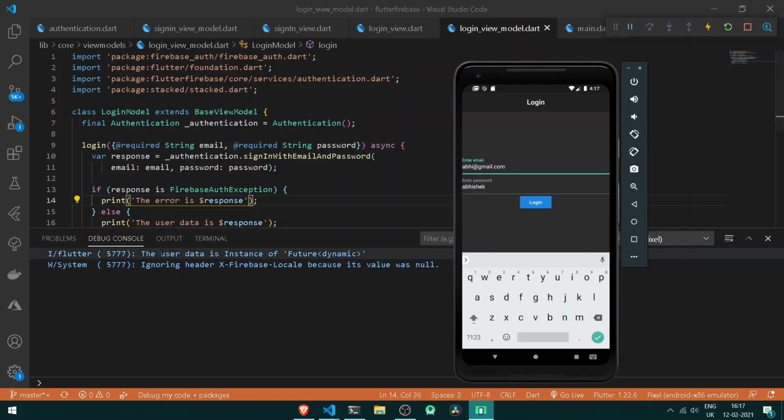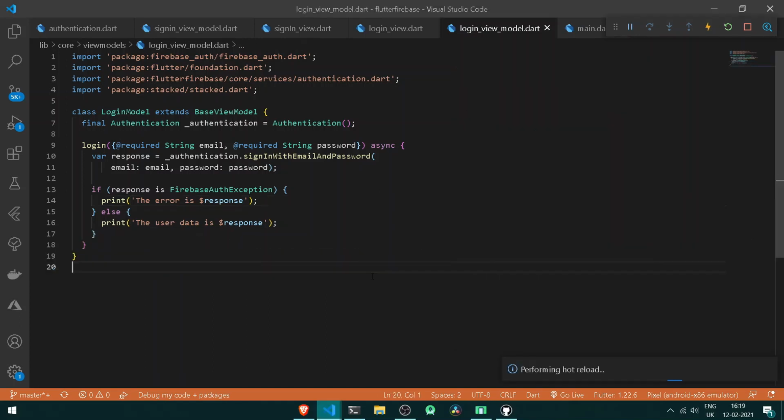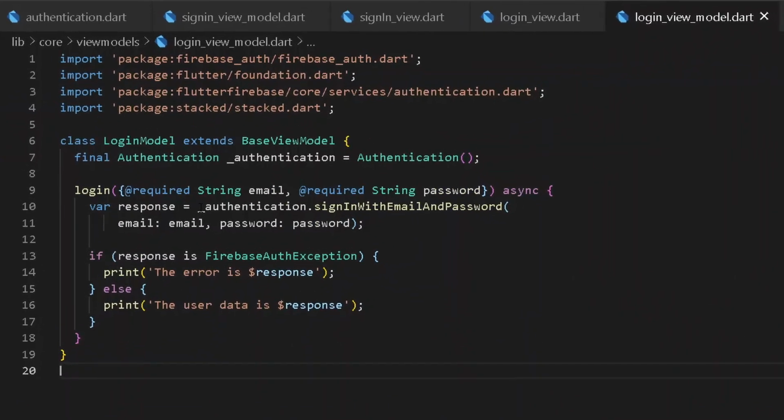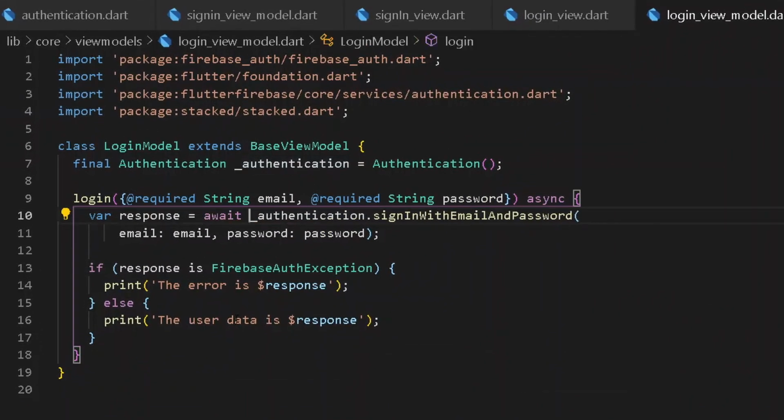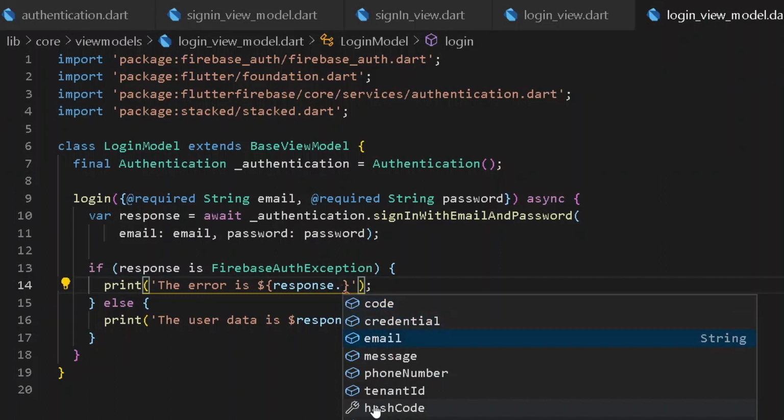Alright, so here we are simply getting all of our user data which is instance of Future dynamic. Alright, so now once we are successfully able to sign in and simply log in under our application, let's try playing out with our response. So first thing first, we can simply convert the following thing under await state, and here under our error response, I will be simply pasting out error, that is response, and from this we can simply get all of our